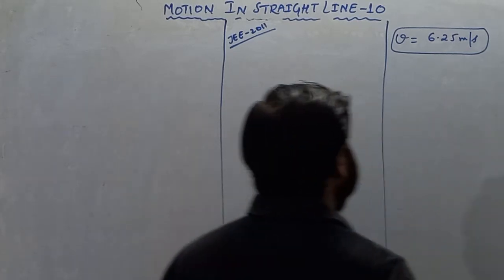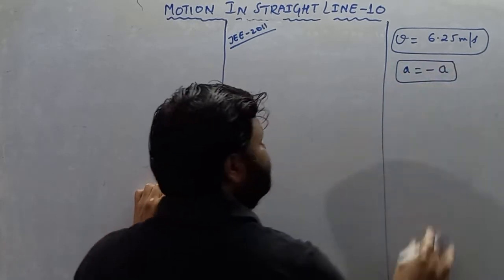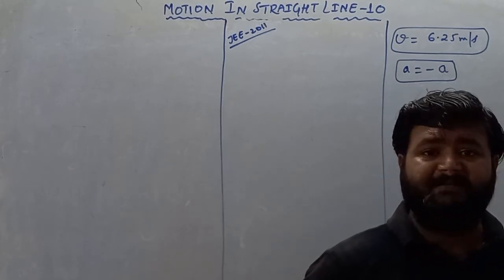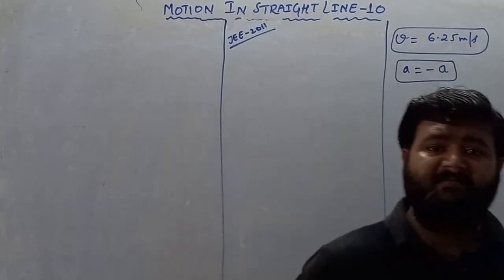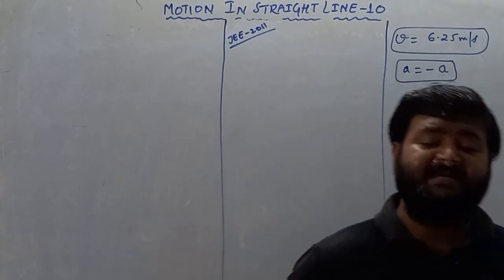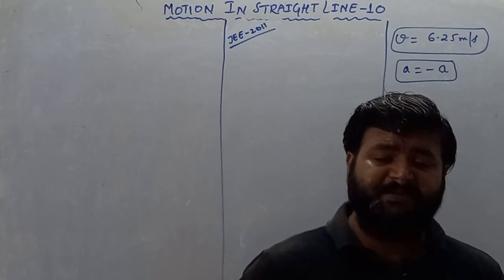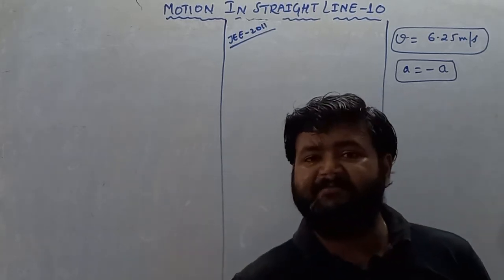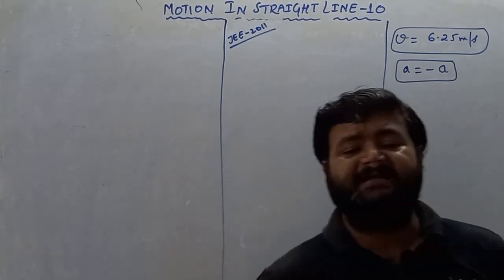Now see, my dear student, if deceleration is there, then deceleration is nothing but negative of acceleration, and deceleration is also called retardation. This only happens if initial velocity of particle is greater than final velocity. Then only particle is retarding or particle is decelerating. Remember this thing, if initial velocity or initial speed of particle is greater than final velocity, then we are saying that the particle is decelerating, or we can say the particle is retarding.